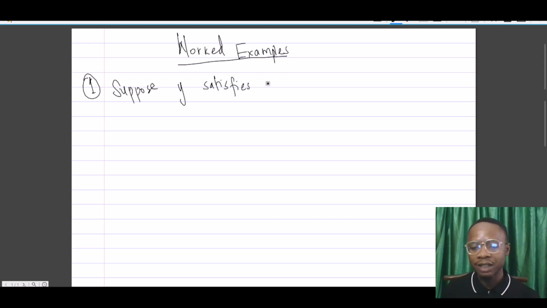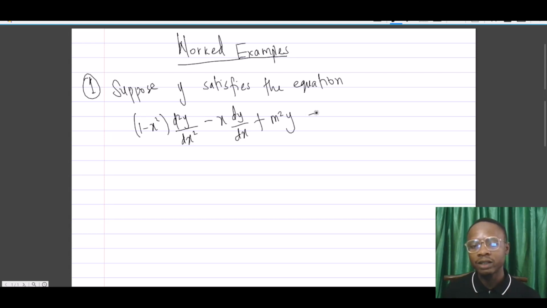Suppose y satisfies the equation (1 minus x squared) d squared y/dx squared minus x dy/dx plus m squared y equals 0. Okay, so that's first. Show that